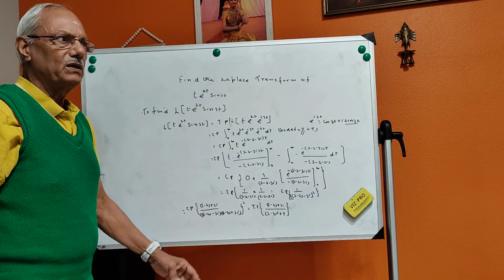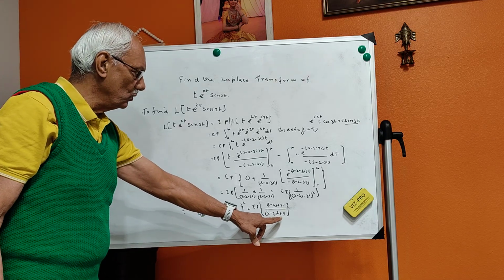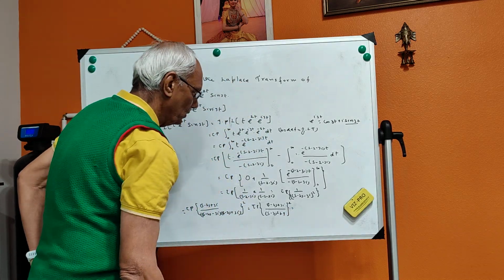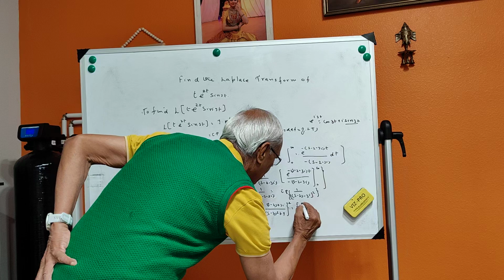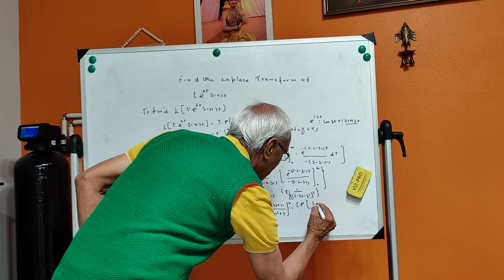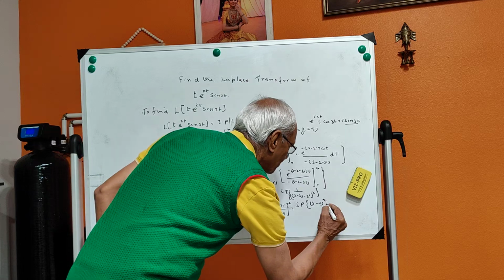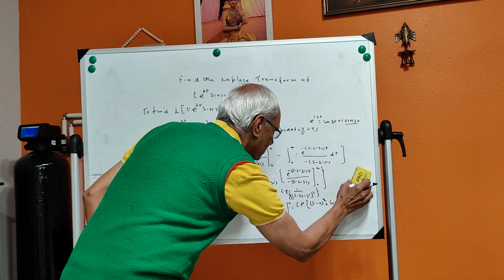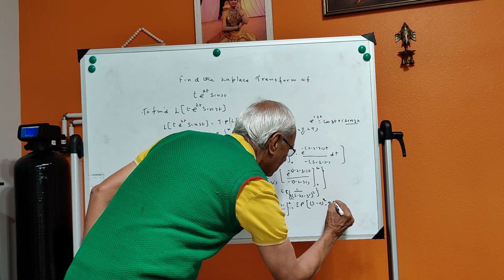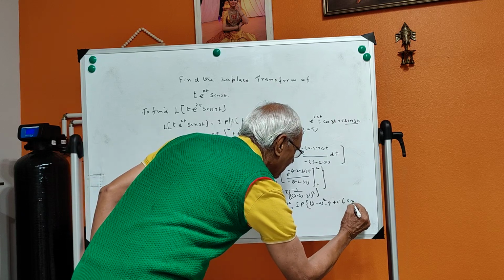(a plus ib) into (a minus ib) is a square plus b square. So this you get (s minus 2) whole square plus 9, and this is whole square. So this is equal to the imaginary part of, you square this, (s minus 2) whole square plus 6i into, then I write it here like this, it is minus 9 plus i 6 into (s minus 2),